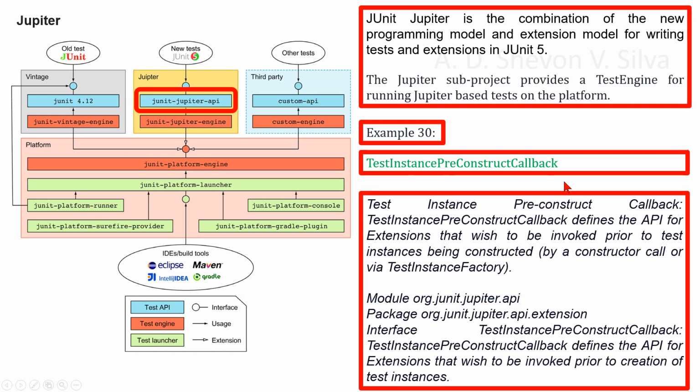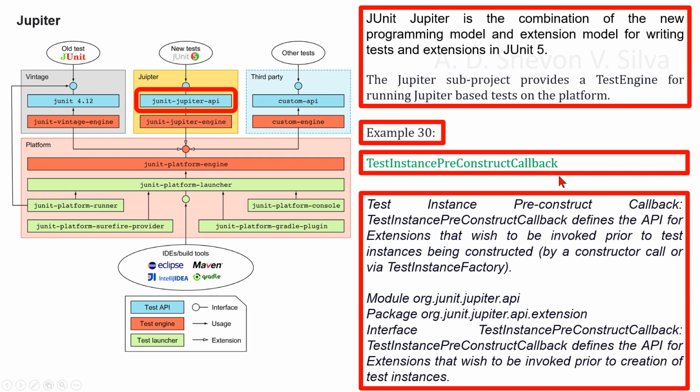Now we are considering TestInstancePreConstructCallback. TestInstancePreConstructCallback defines the API for extensions that wish to be invoked prior to the test instances being constructed by a constructor call or via a test instance factory. Interface TestInstancePreConstructCallback in package org.junit.jupiter.api.extension